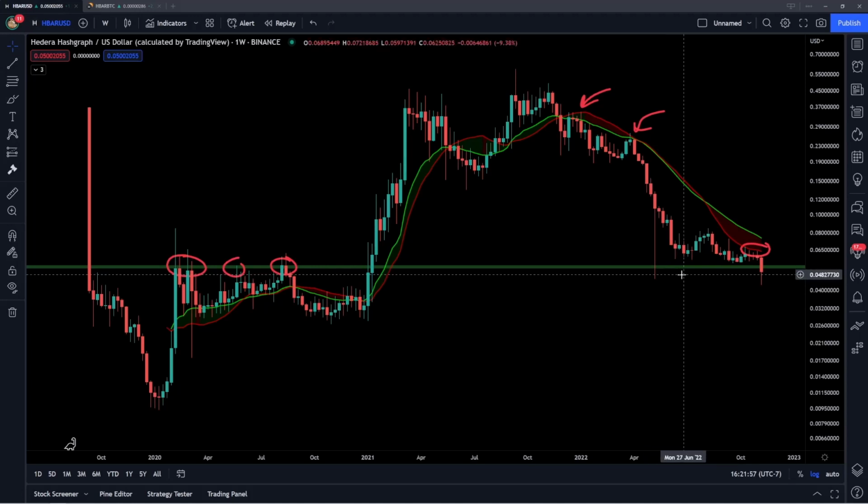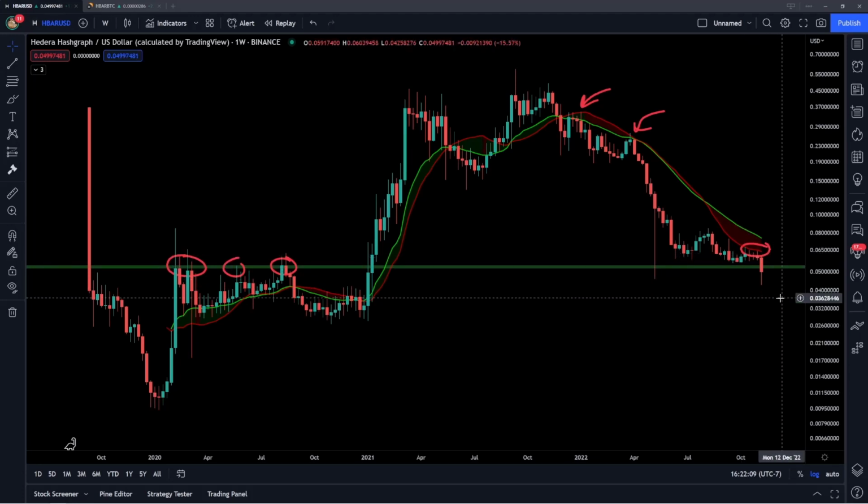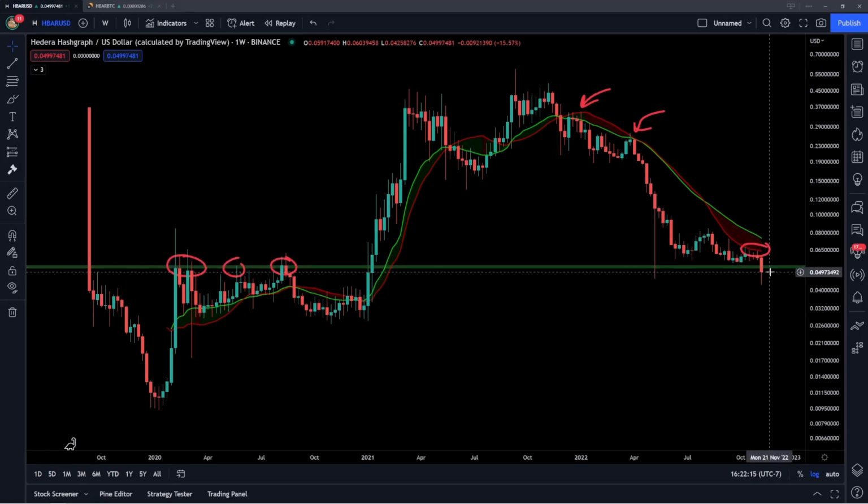So really watch to see how this weekly candle starts to close. If HBAR can continue to hold this region as support, that would be a very positive sign, especially given the most recent capitulation by Bitcoin, where Bitcoin had its move down below that previous low around $17,500. So if HBAR can reclaim this level, which currently it's below by about a few percent or so,